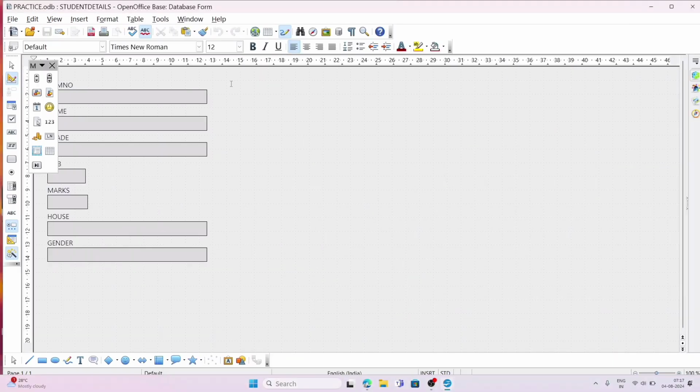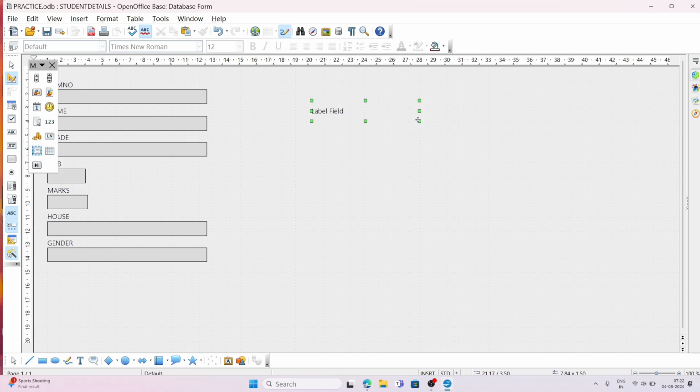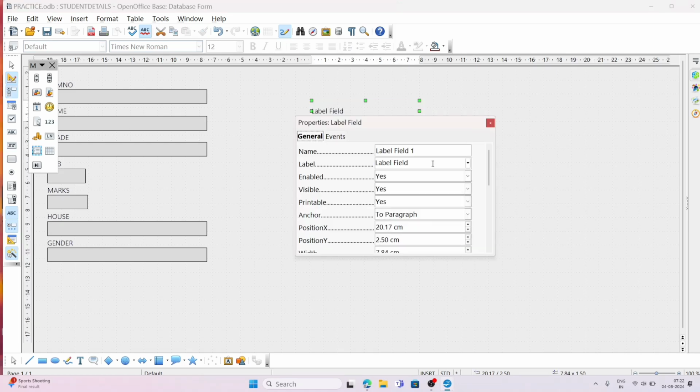So there the modify option came. Here we have to take a text box. There you will write your name, roll number, these things. So this text box is here. Click on text box and label field. That's a label field appearing now. And in the label field, that label field will be removed, and here you will write name, and you will write your name, whatever,